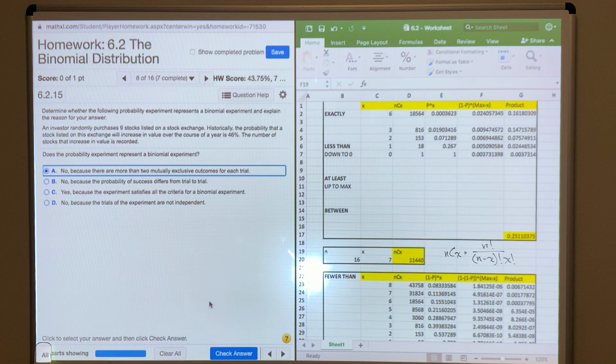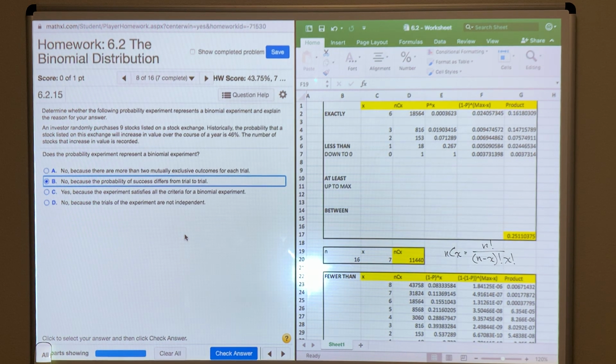No, because you either increase in value or you don't. Up or down. Increase, don't increase. So there are 2 mutually exclusive outcomes. No, because the probability of success differs from trial to trial. This is not true because 9 stocks generally